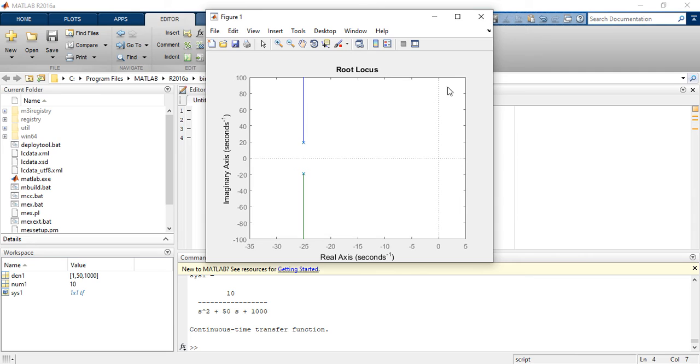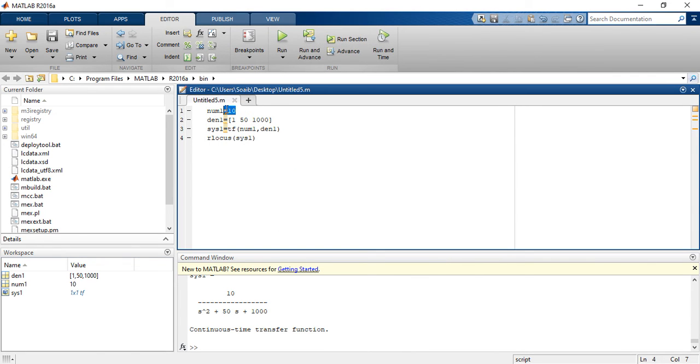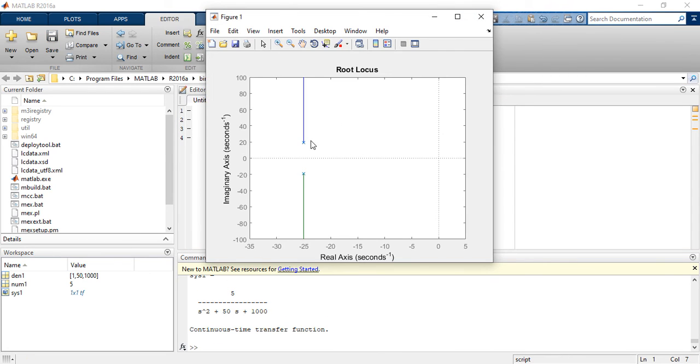This is the calculation. It should be going in this manner, either in a curve form or in an angular form. Why is it not going that way? Because we have defined k as constant. If k is varying, it will be different. If, let us say, we put k equal to 5, we will get a different plot. Again it will go in a different manner, and the location of the poles will be different.